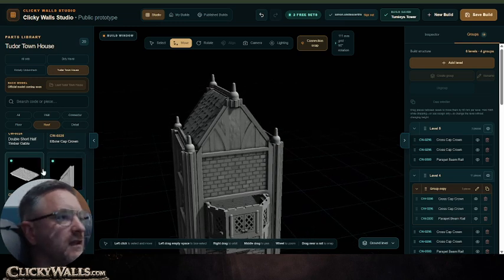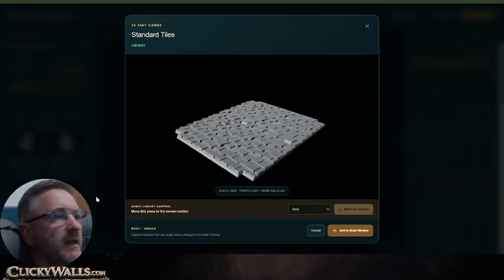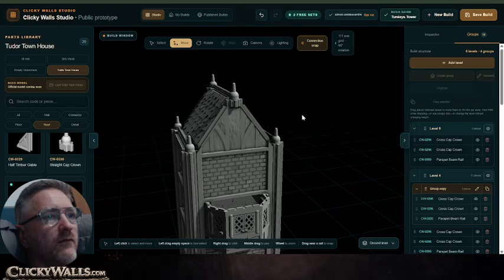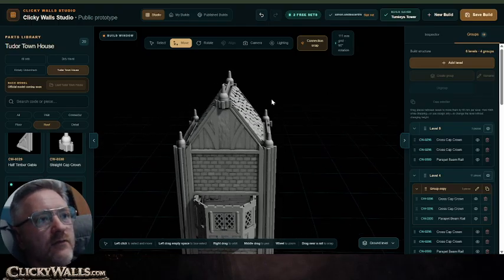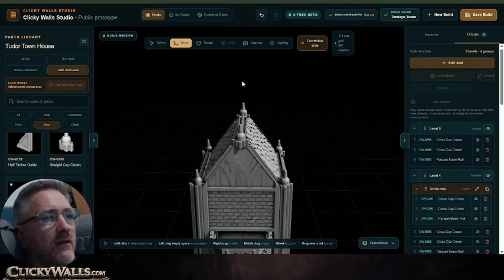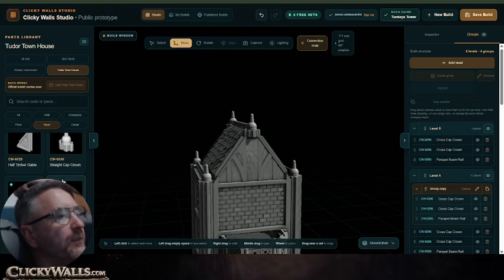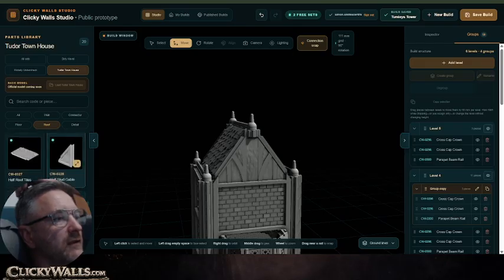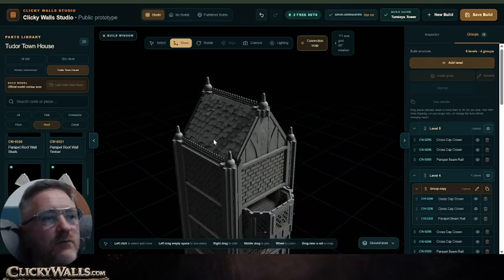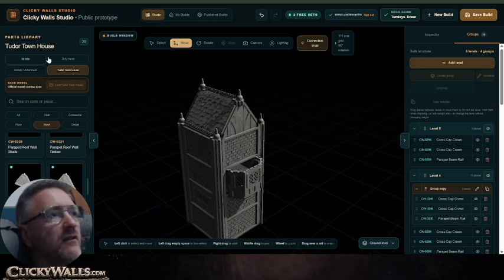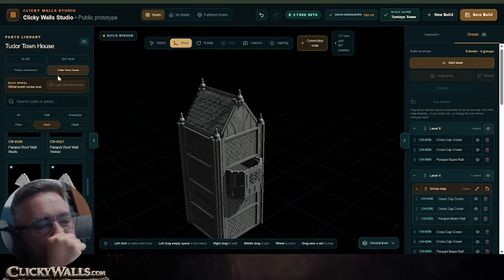So it's not in this build, but for example this big tile here, that will go from this side all the way to this side. Or we've got some of these which are there, but they go all the way up, so they're a lot higher, and then it uses the same tile, so it's a much more pointy one. But that is not in this build, so we haven't got those pieces yet. And I'm showing you this where we've only got the Tudor townhouse at the moment, but I will be adding all those other